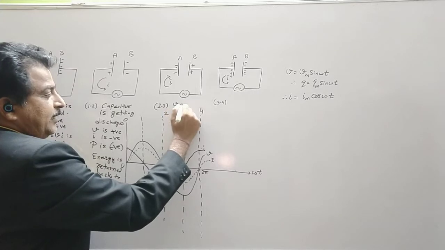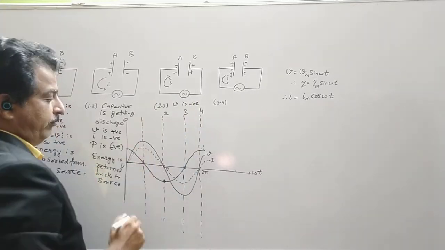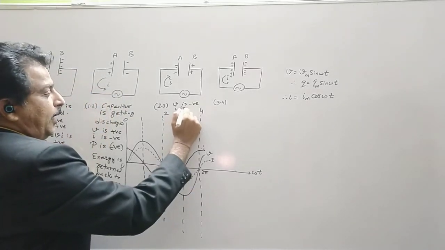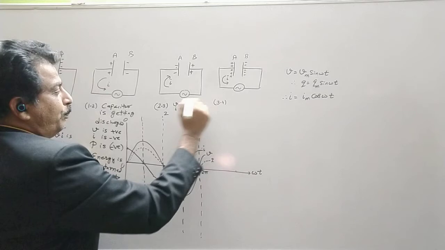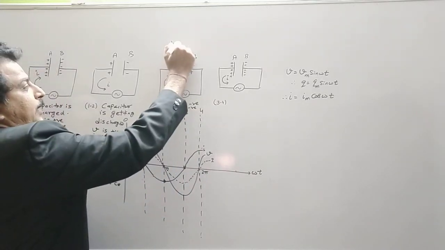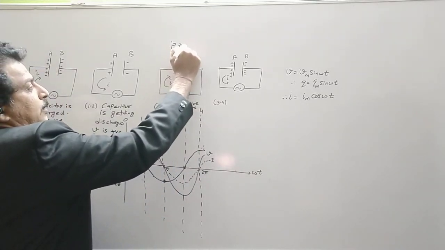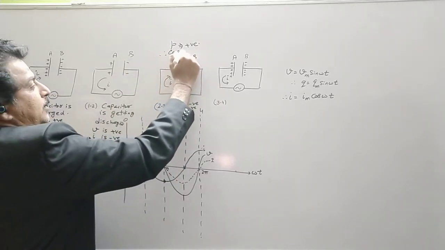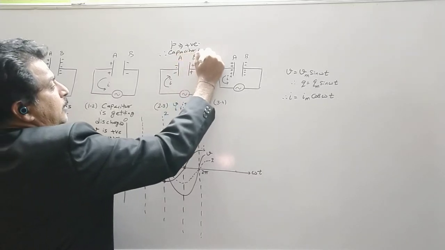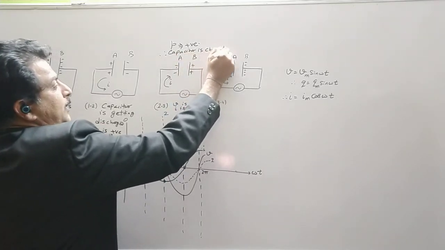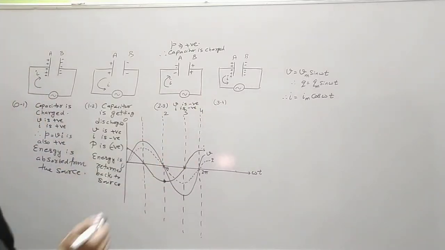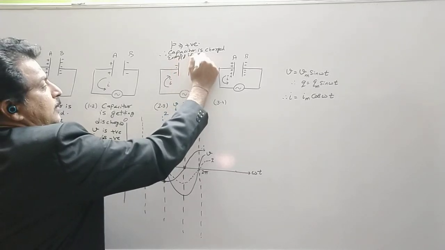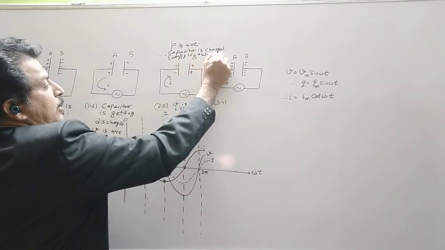So the direction of current is again reversed in this case, and now V, see region 2 to 3. So here V is negative now. V is negative, and see the graph of I. I is also negative. So power in this region P is positive, and therefore the capacitor is charged, but its polarity is reversed. So again energy is absorbed from the source.